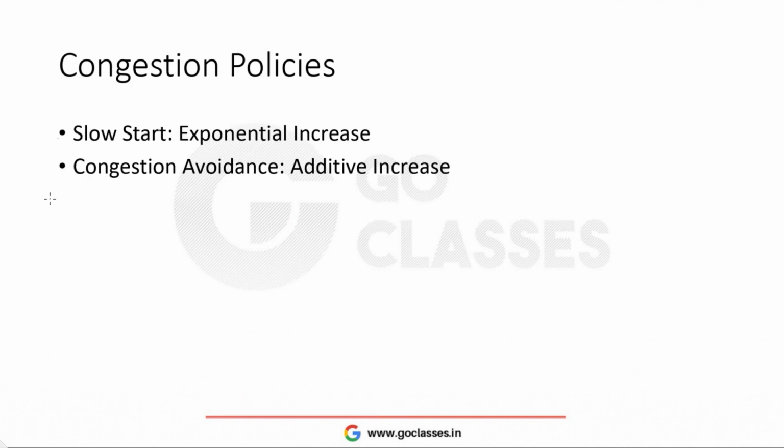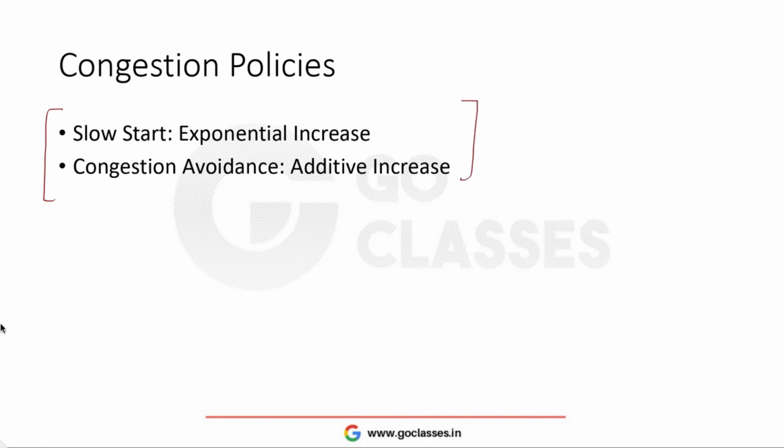Now, there are two policies or two algorithms which help us with congestion control. One is slow start, and basically it starts slow but it increases exponentially. That's why the full name is slow start exponential increase. Another one is the congestion avoidance phase, in which we increase the window size linearly. That is why it is called congestion avoidance and additive increase. And if there is a congestion, then it decreases multiplicatively, which is why it is also called additive increase, multiplicative decrease. So anyway, these are the two algorithms that we will be studying, using which we can control